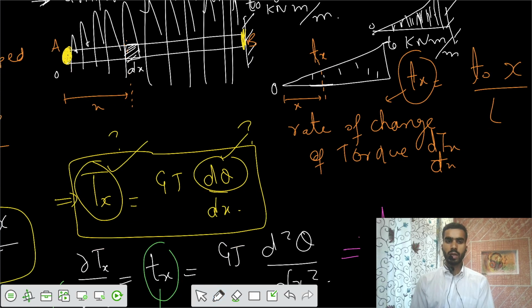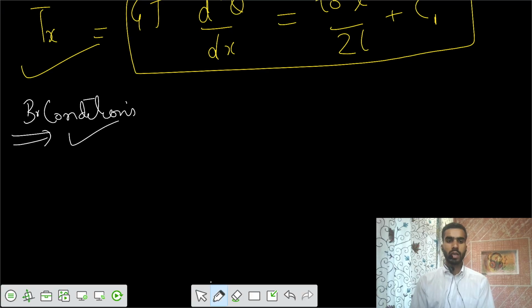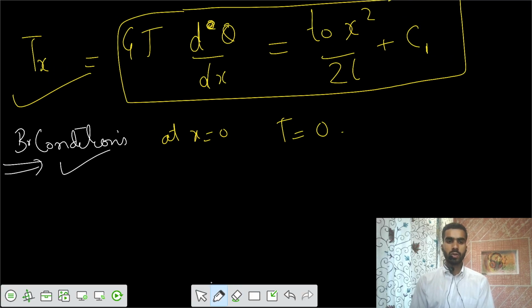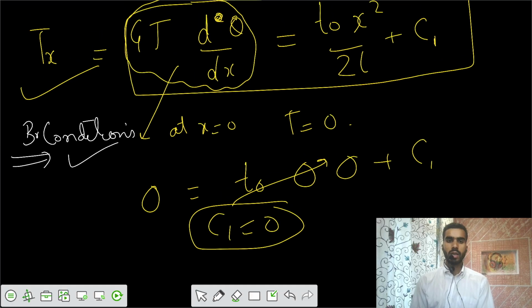So I would say torque at A would be 0. That is, at x equals 0, your torque equals 0. So that means this part, which is your function of torque, is equal to 0. That equals T naught times 0 plus c1. So c1 goes to 0. And similarly,